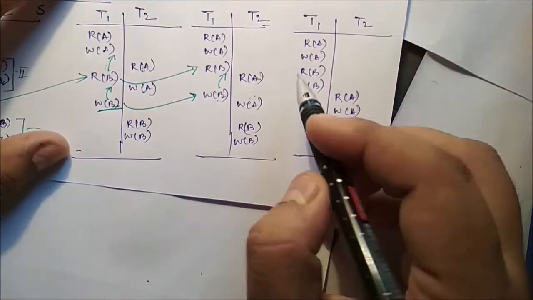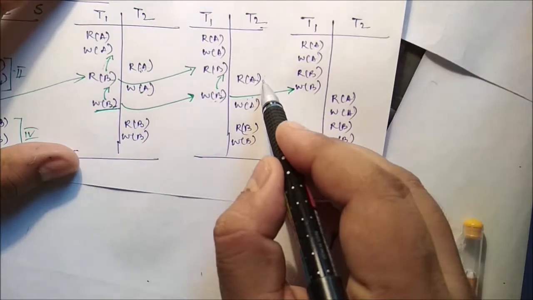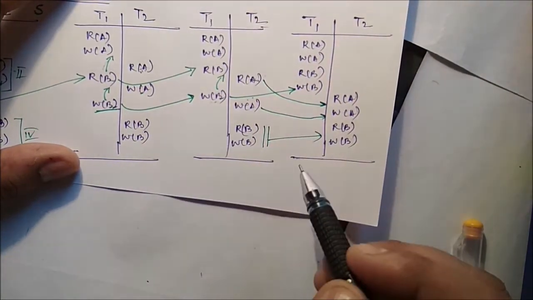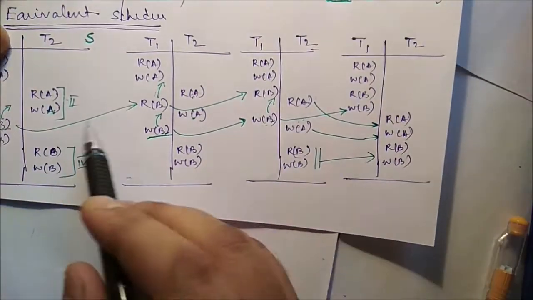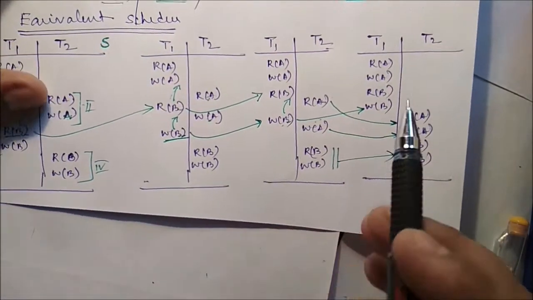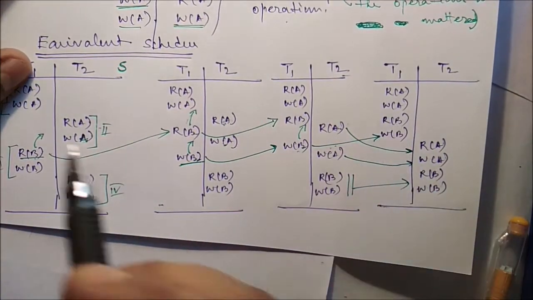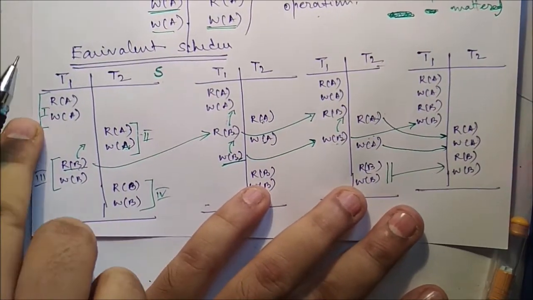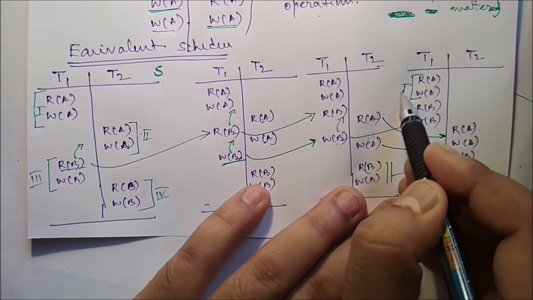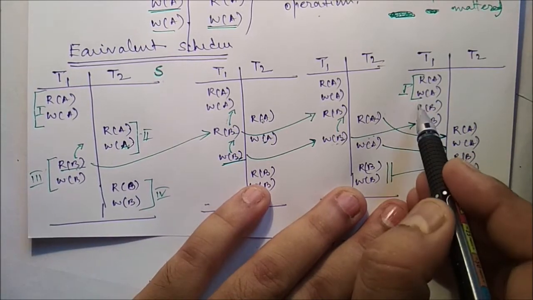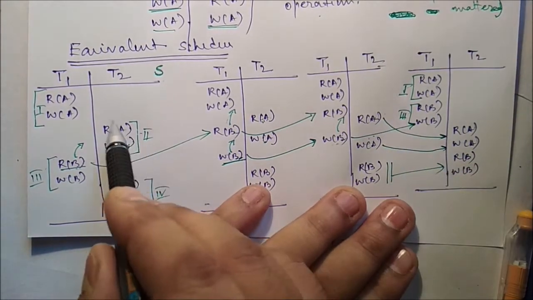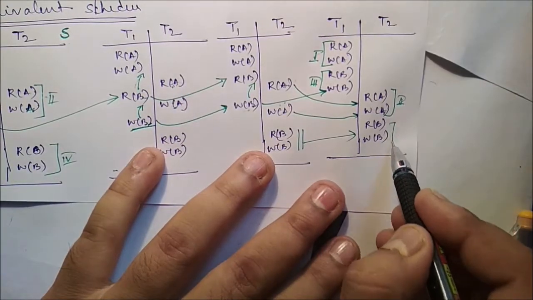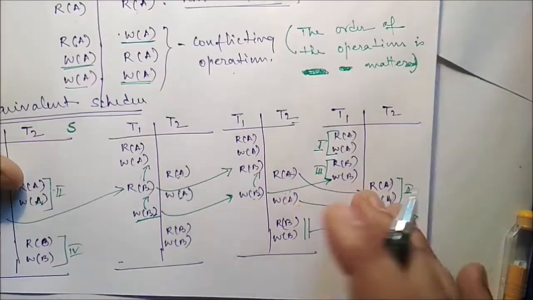So if we can move further, this instruction is this one and this operation is this one, and these two are this one. Now you can see these instructions are non-conflicting, hence we can apply the swapping operation. By swapping, we can see this first part is nothing but this one. Now this third part is nothing but this one. Now this is the second part here, and this is our last part, the fourth one. Now we assume it is S dash.